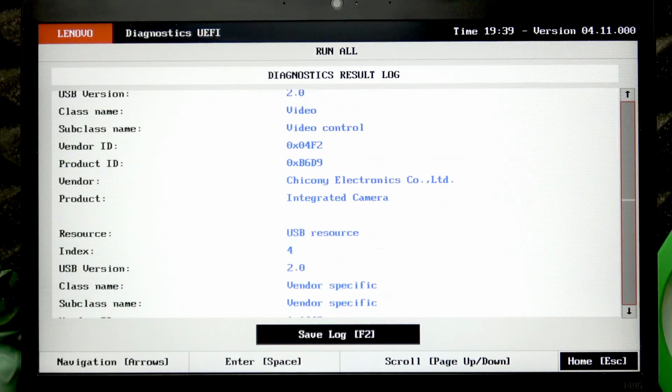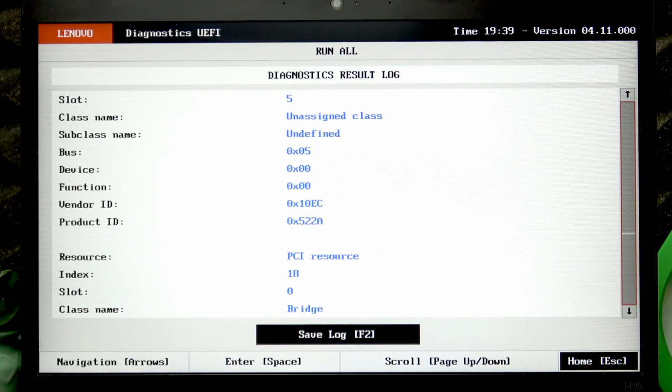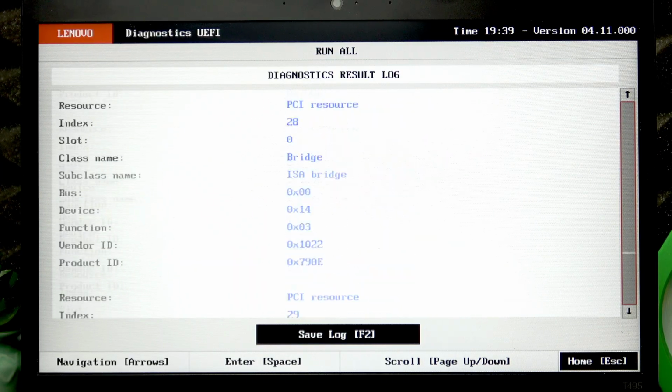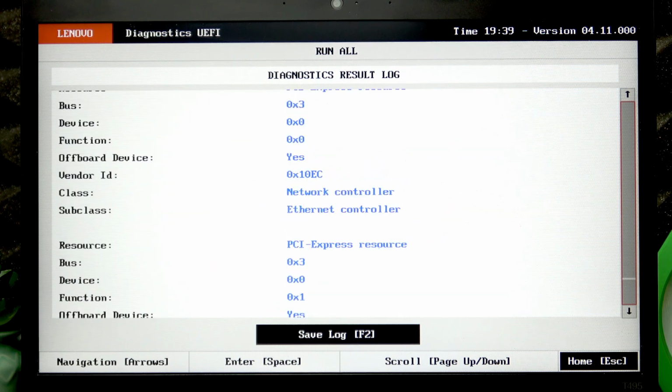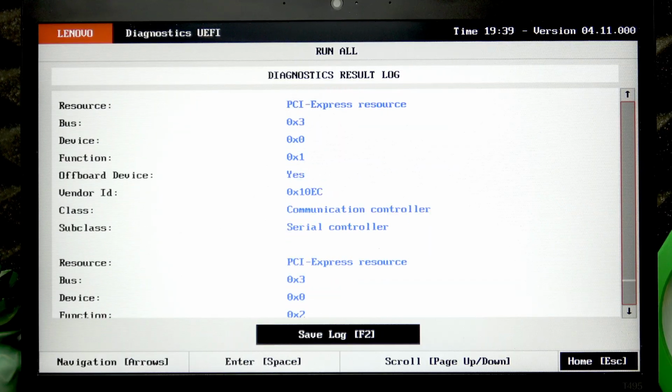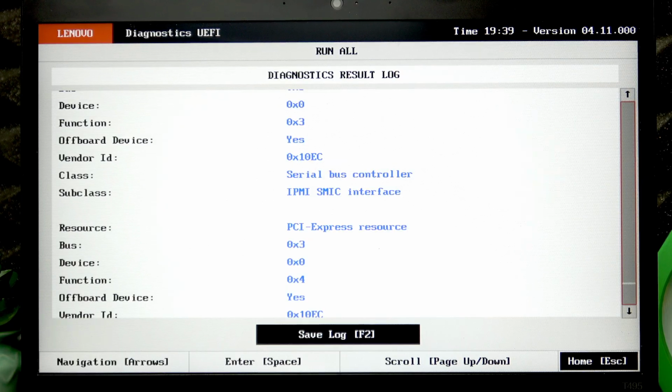I'm really not gonna explain everything to you, so you can get to know all the info you got here for yourself. You can find anything that you need yourself and get to know what it means. And if you want to save this log, you have to press F2 button,